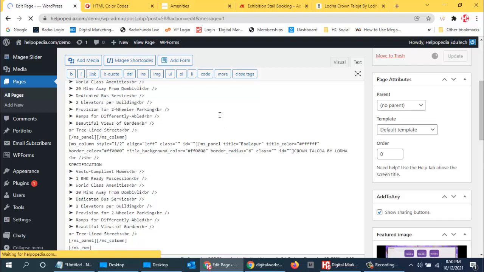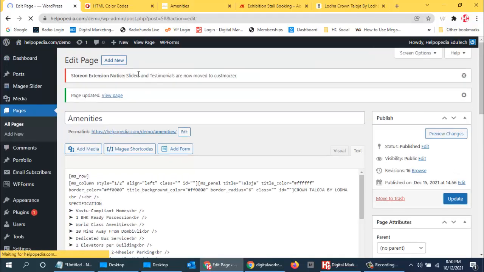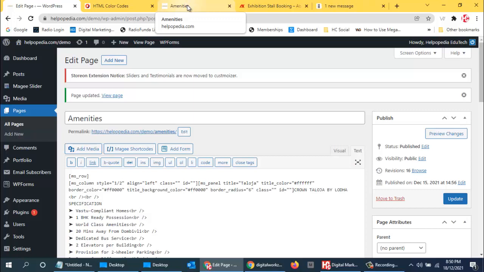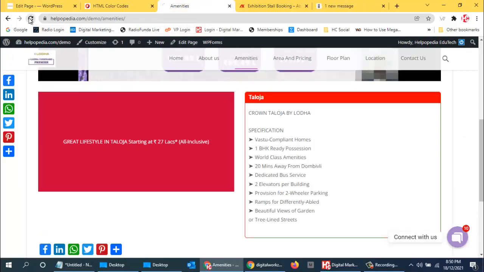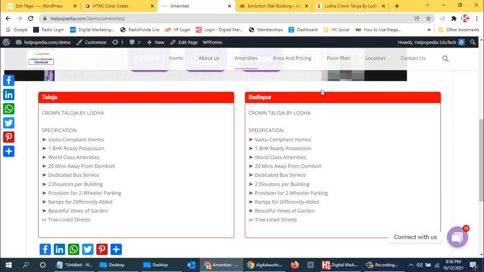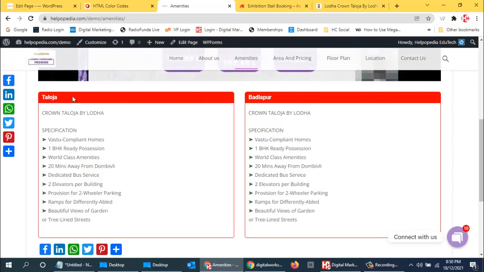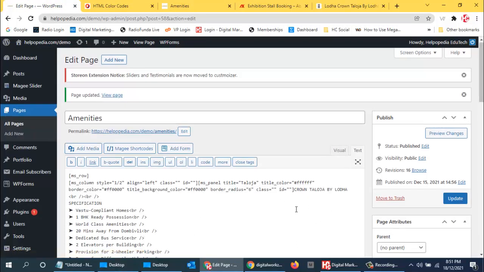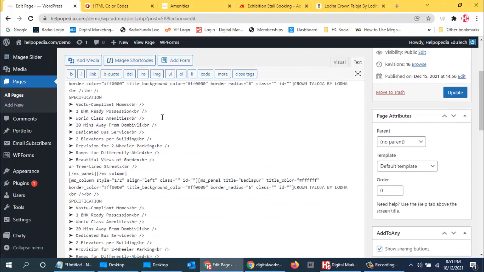So this is a really very good and useful plugin that you can use. Now you can see it is looking good over here. This is one column over here, one column over here. Otherwise, normally in this text box you can only type text. There is no option, you cannot have any colors or anything. But this is the plugin which will make your normal text editor a very future-ready kind of editor. So you can see you can create like this.